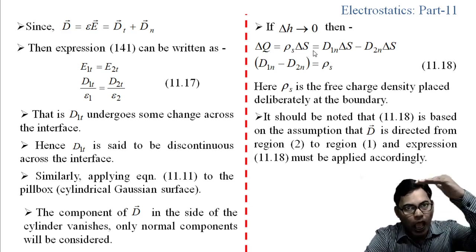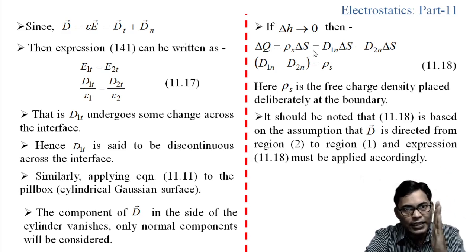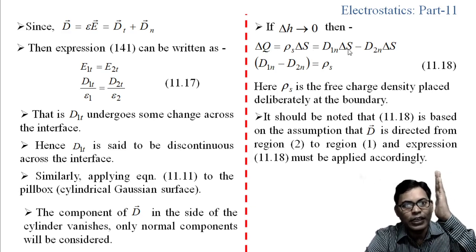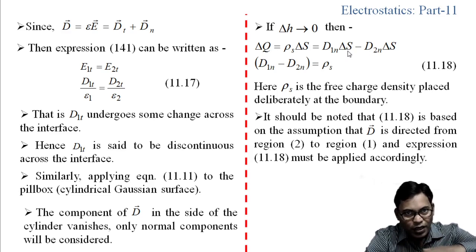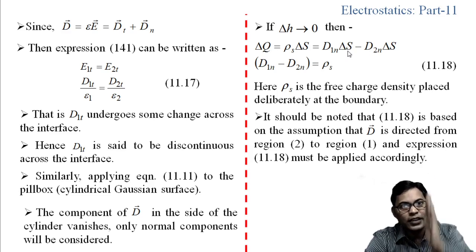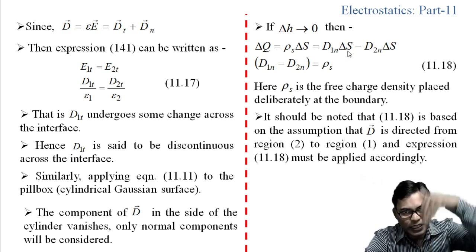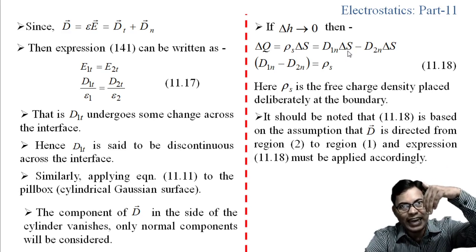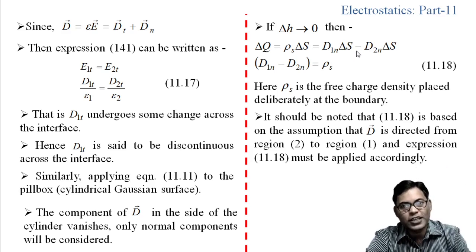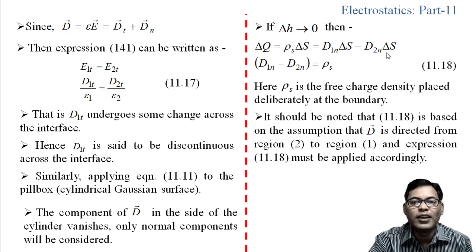that is equals to the upper surface, that is dn, it is in the upper direction, so d1n into del s, because d dot ds, so ds is represented by del s and d is the normal component, so d1 into del s. And if you consider the lower surface, then d2 will be in the upward direction, so it will be negative, because dn is moving in this direction, but del s is moving in the opposite direction, so that is why minus of d2n del s.